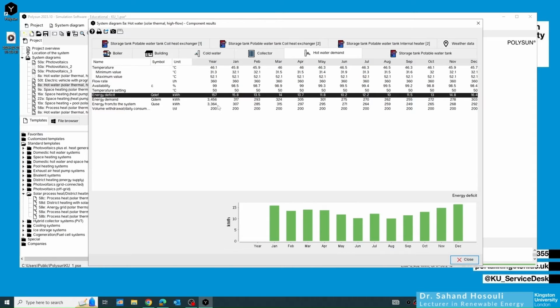You might also ask the question: why is the difference between these two values lower than 157? It's around, let's say, 35 from here and 56 from here, around 90 kilowatt hours, so it's not 157. And what is the reason? Generally, the reason is that the energy deficit can't be compensated by